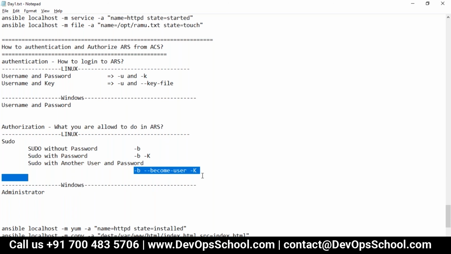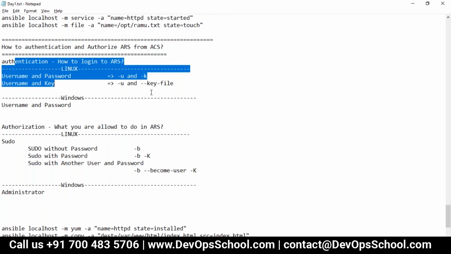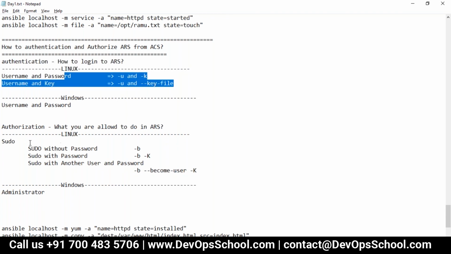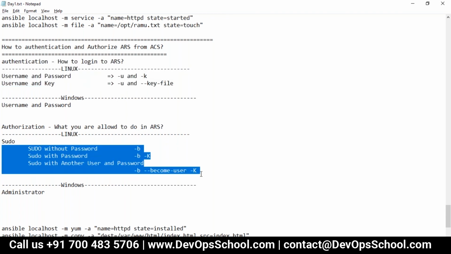So I hope we all are clear on this. Are we clear on this? Would you get any confusion between authentication and authorization with Linux? Which option to use when? Are we all clear on this?